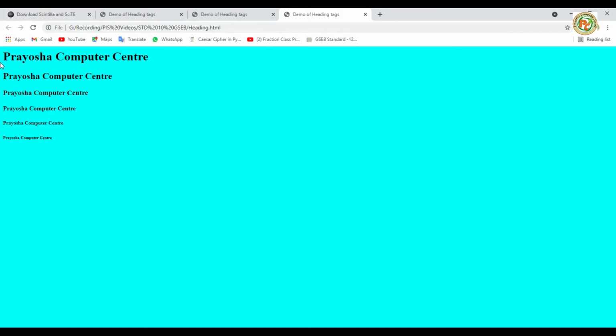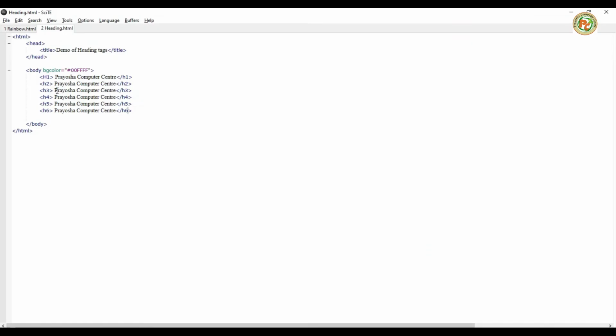Okay, so as you know, this is the highest heading tag, the H1 effect. This is the H2 effect, H3, H4, H5, and H6. So we can say H1 is the highest heading tag and H6 is the smallest heading tag. And in HTML there are 6 heading tags: H1, H2, H3, H4, H5, and H6. I hope students you understood it very easily. Okay, practice this, like print your name in H1 to H6, and you can see your name will be smaller, then smaller, then smaller up to H6.